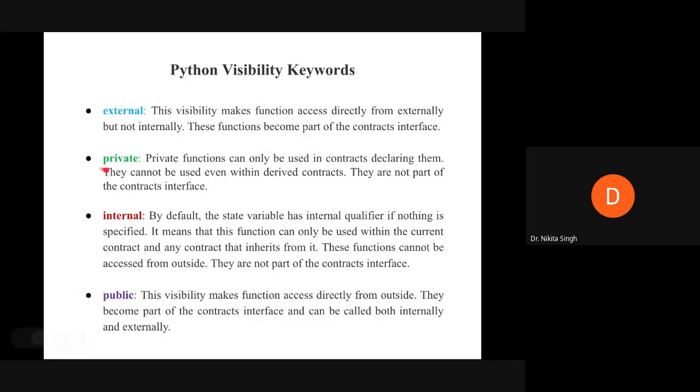The most restrictive visibility is the private visibility. Next is the internal visibility. Third is the external visibility, and finally we have the public visibility. External visibility means that your function can be accessed from outside, as well as inside.